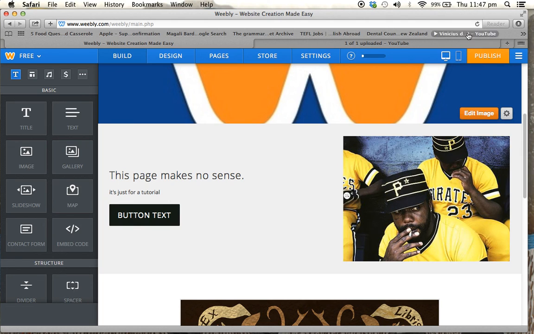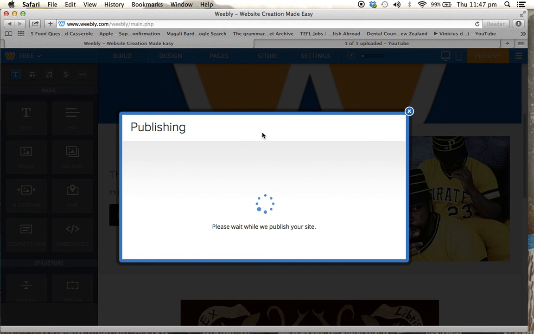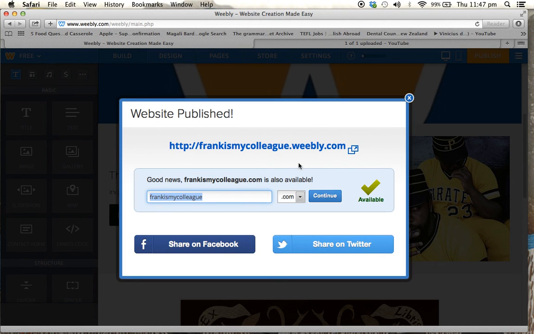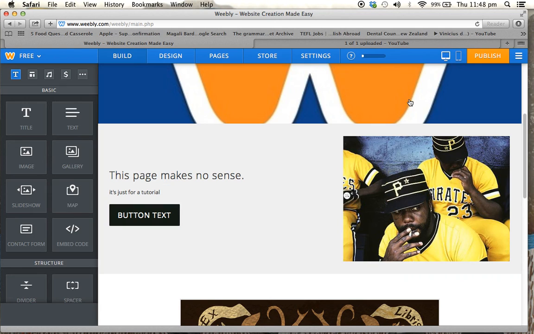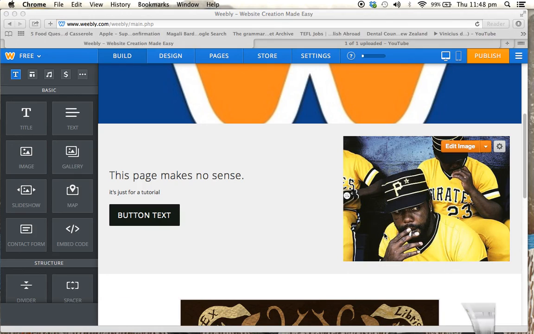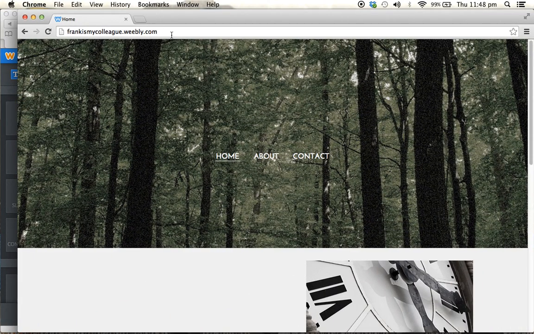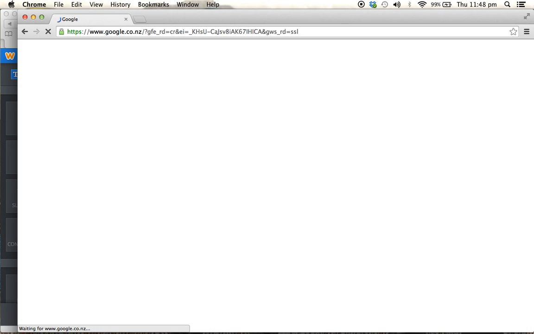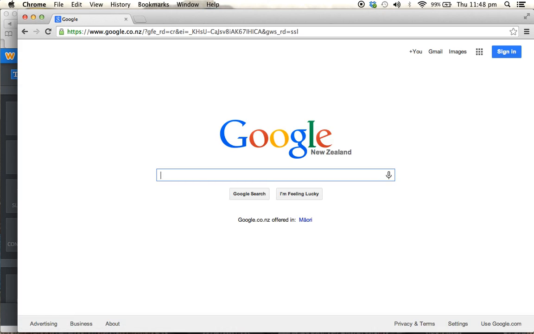If I want to save my progress anytime, I can come up here to the upper right and press publish. It's publishing it. And that's that. Frank is my colleague.weebly.com has been published again. It's now got the new pictures on it. So let's take a look. This is what it used to look like. I'm going to go to Google. Okay, and let's look at it now. I've published it since, so